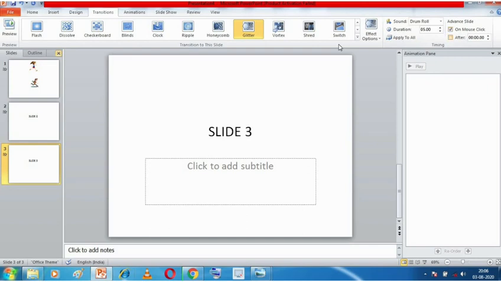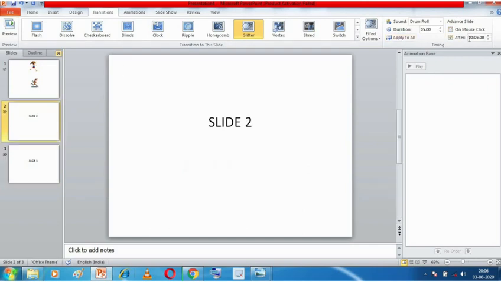How? Because on slide 2 I had selected after 5 seconds. So either you can use on mouse click or you can use the after option to give it a desired timing.